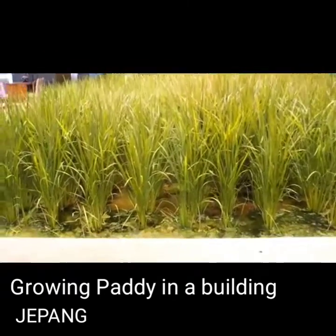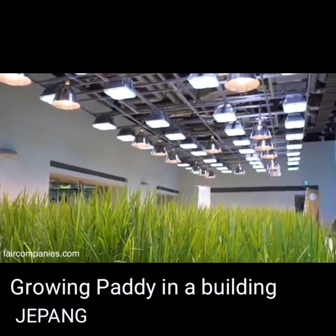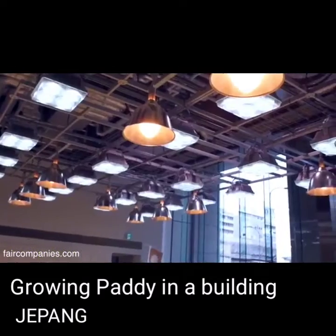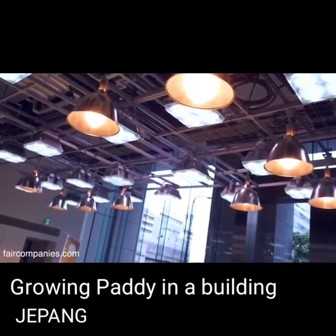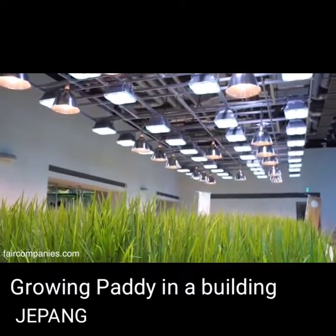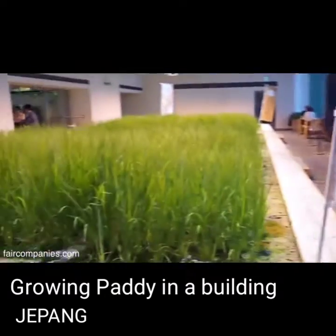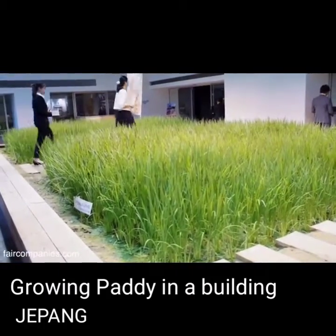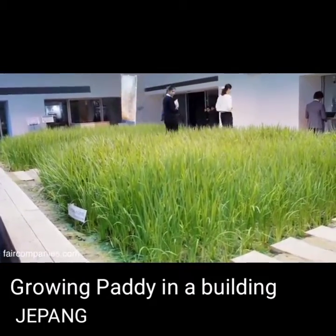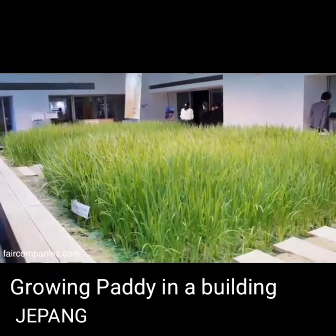And as we grow this rice inside the building, we use the LED light and the high pressure sodium light. The white one is LED, and the orange one is the high pressure sodium lamp. And we control the air to make the wind. As Persona Group is an HR company, our CEO thought the most important thing is the health of the workers. He thought the environment surrounded by green will be...